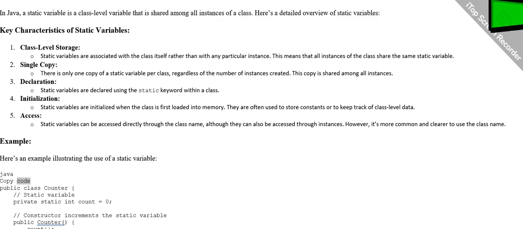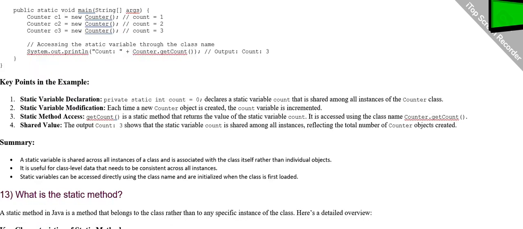Copy code. public class Counter { // static variable private static int count = 0; // constructor increments the static variable public Counter() { count++; } // static method to get the value of the static variable public static int getCount() { return count; }